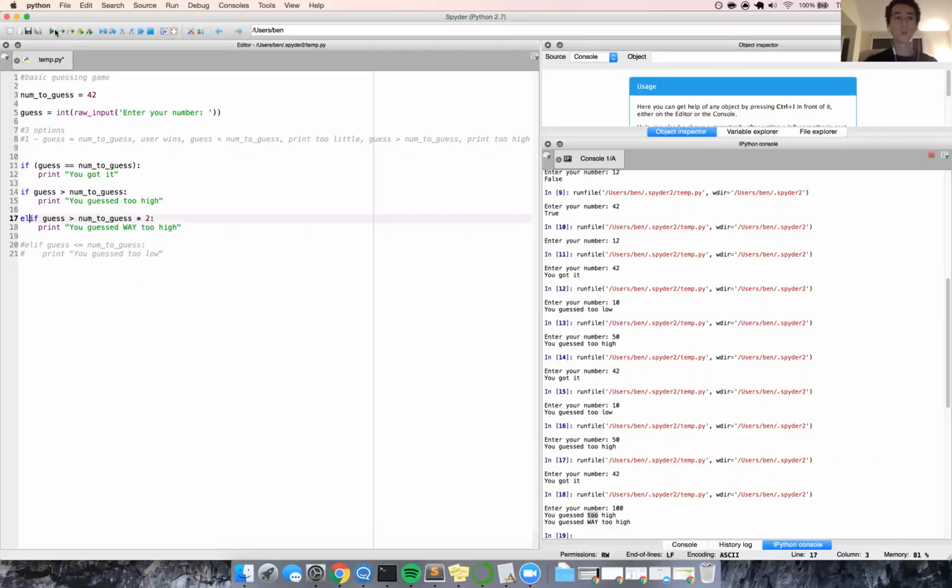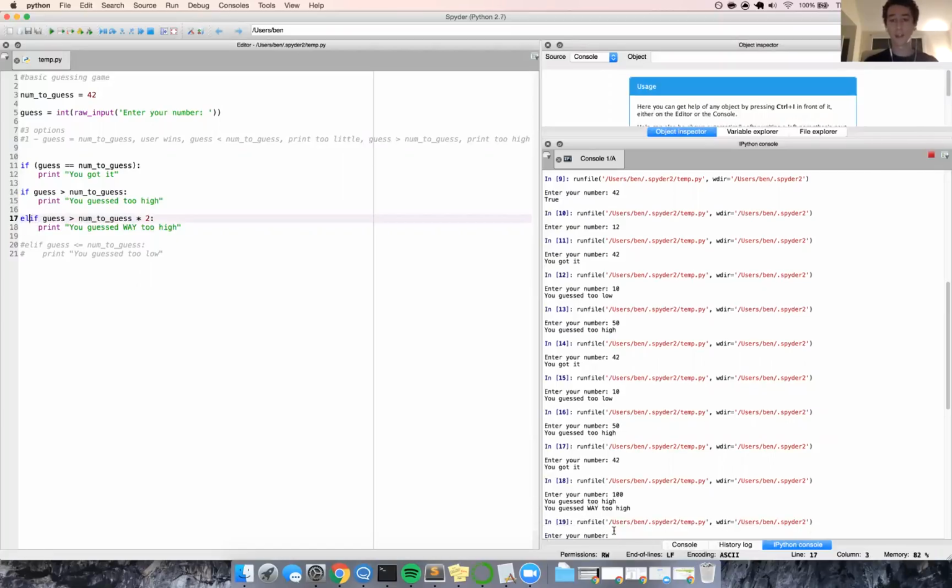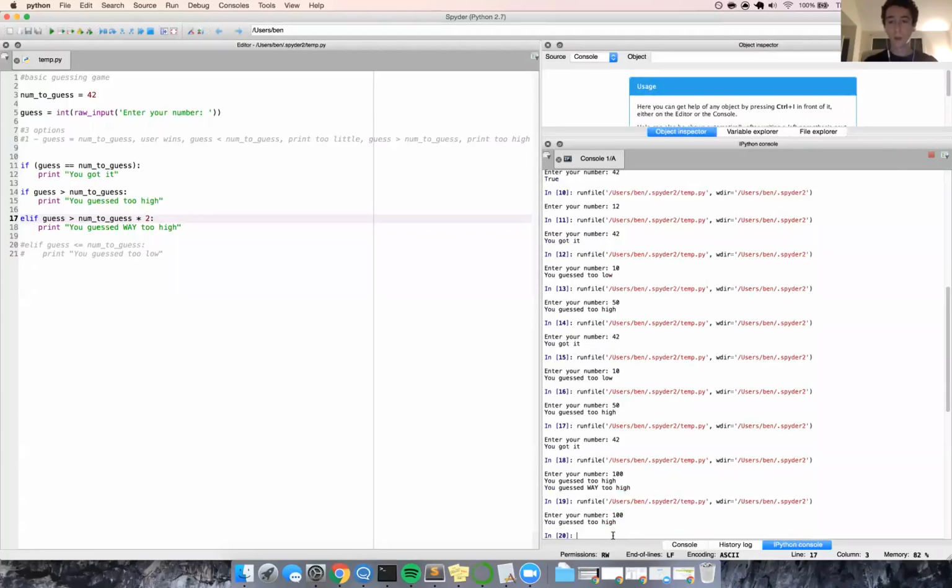But if I change this one to an elif and say 100, we only run it once. So this one's true, so we don't bother running this code. So it just takes the first one that was true. Correct. Okay. So if we actually wanted to write this code, we would switch the order of these,